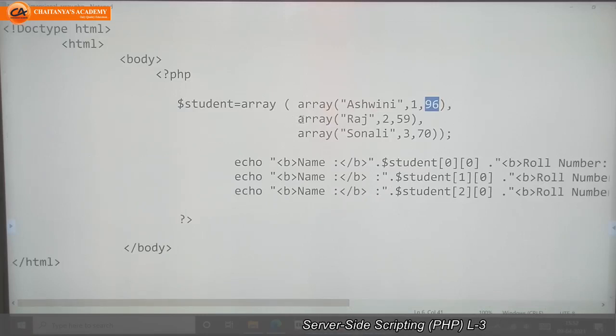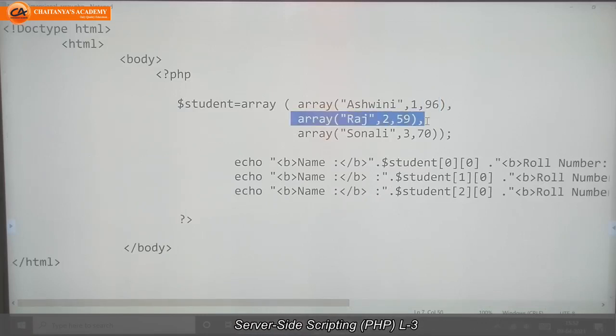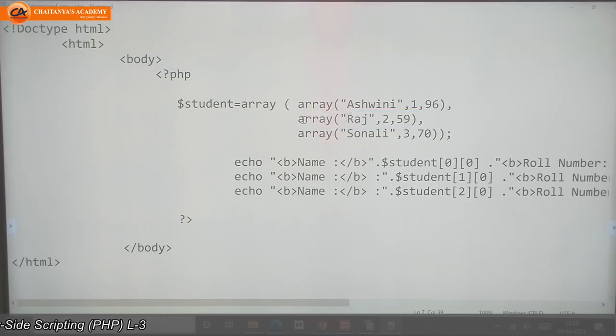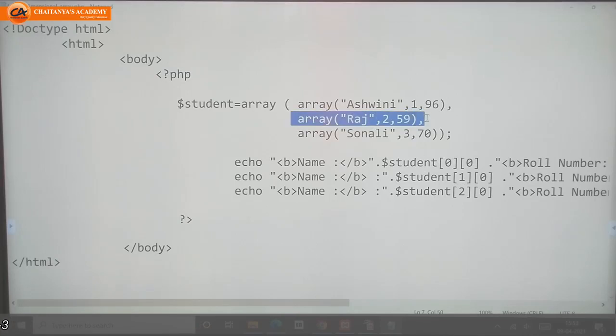Similar way, if I want to print the values of the second array, then student of 1 0 means the second array, first value. Student of 1 1 means second array, second value.